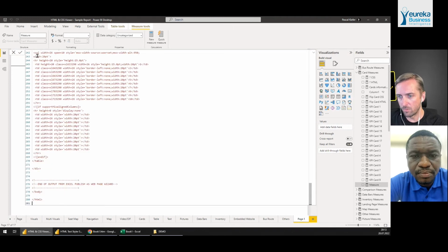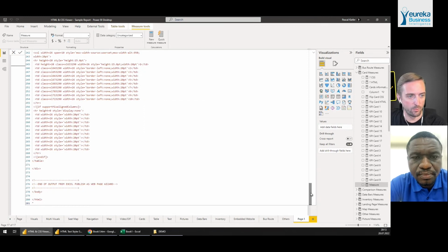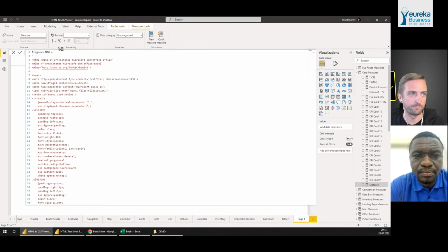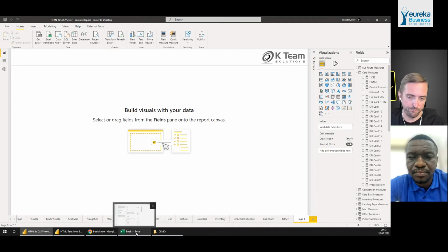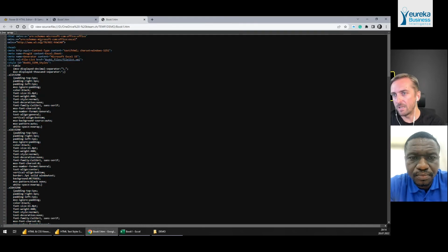And we just need a double quote in the beginning and in the end. Otherwise, well, the measure progress already exists, so we call it progress new. And let's see what happens when I add this measure to the visual. And this time, because again, Excel does things a little bit differently. Excel is saving, well, let's look at this. Excel added